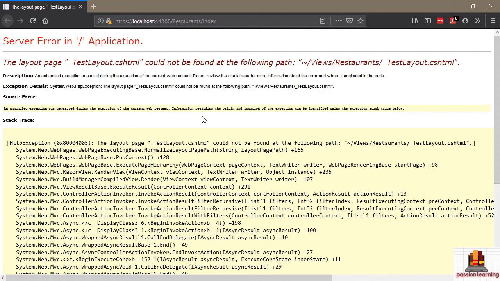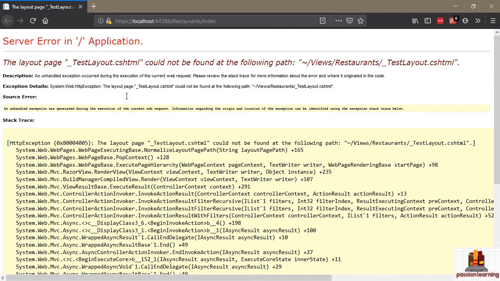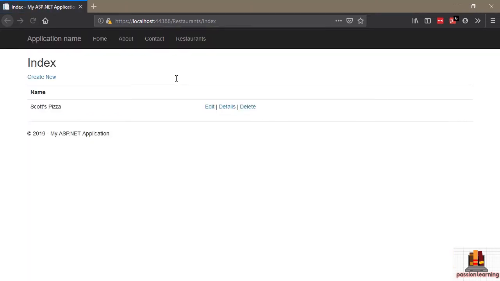But the MVC View Engine will throw an exception and tell us that views/restaurants/_testlayout.cshtml is not a file and it's not a layout page that I could locate. Thus, we're just going to throw an exception. So by setting this layout property, you have complete control over the layout view that this index view is going to use. So I can remove this line of code, and clearly something is setting that layout property by default,